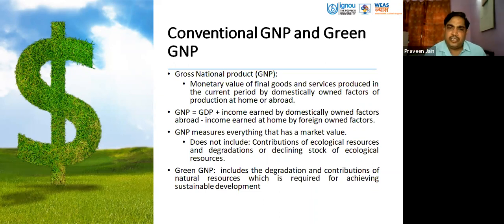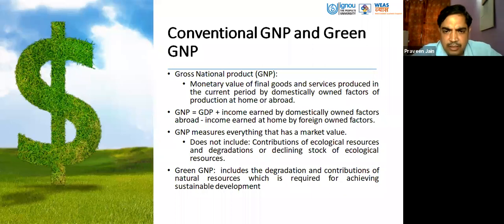So the difference between GDP and GNP is that in the GDP, all the factors of production, maybe from the domestic country or maybe from a foreign country, are included in calculating the GDP. But in the gross national product, basically we include all the factors of production which are owned by the domestic country. So GNP is equal to GDP plus income earned by the domestically owned factors, even abroad,